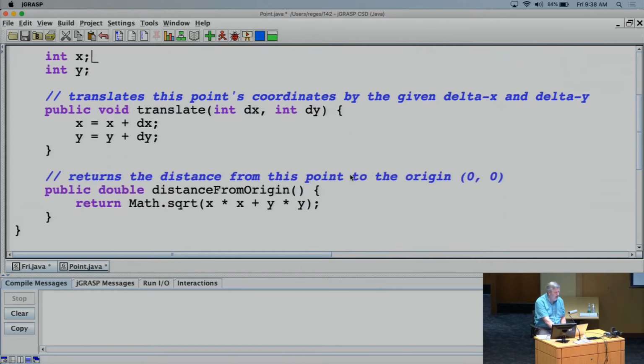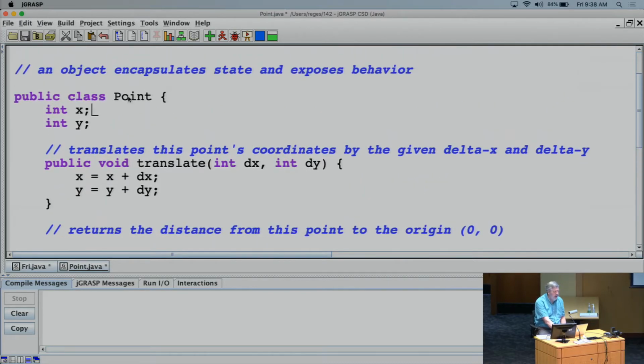So what did we do last time? We basically said that for a point, we're giving it a blueprint for what a point would be like. We're describing a point to Java, and we began by mentioning that it has these fields called X and Y. That was what I said was the most important thing to understand about an object, that it's got state information inside of it. It's got some fields. So this state information we stored in fields, which is kind of like variables,